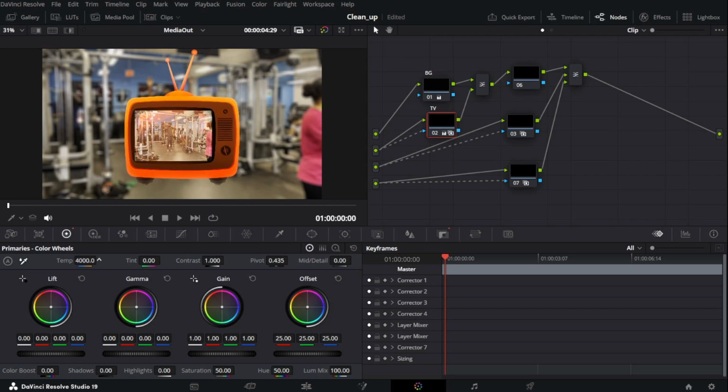Now we could also go to screen right here. Let's name this screen. Could name this wrap. So always go label your nodes, so you know what you're doing. On the screen we could boost the saturation, or we could boost the color. We could boost the contrast. Whatever you deem fit, you could do here on the light